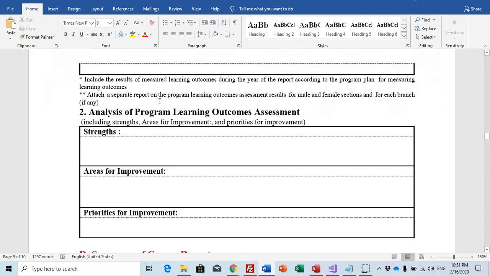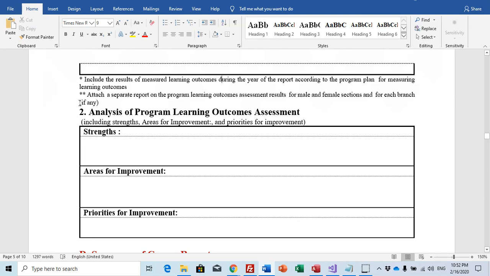Attach a separate report on the program learning outcomes assessment results for male and female sections and for each branch, if any. If you have, write. If you don't have, don't write a report, because this report is to show more detailed results regarding male, female, and branches, to show whether there is any big difference between results in different sections or in different branches.